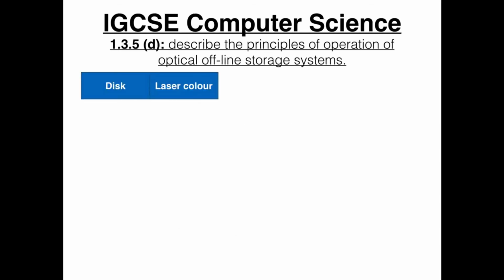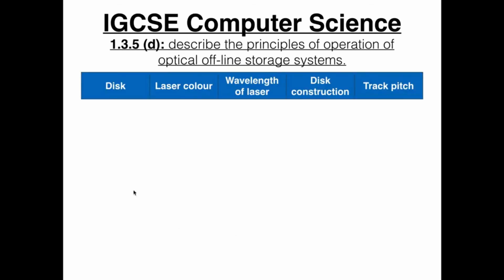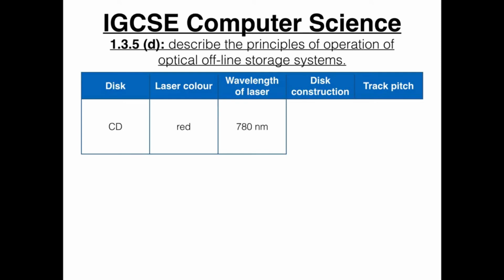So let's look at a summary of all the features of each disc that we looked at, except for DVD-RAM. When we say DVD-RAM, we kind of mean DVD, but with concentric tracks. So never mind that. Okay, so CD: laser color red, wavelength 780 nanometers, disc construction single polycarbonate layer, 1.2 millimeters,